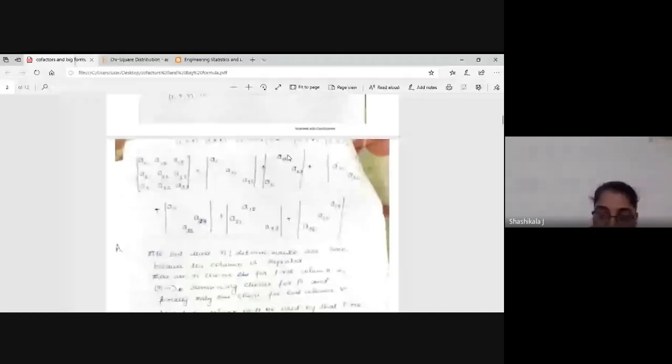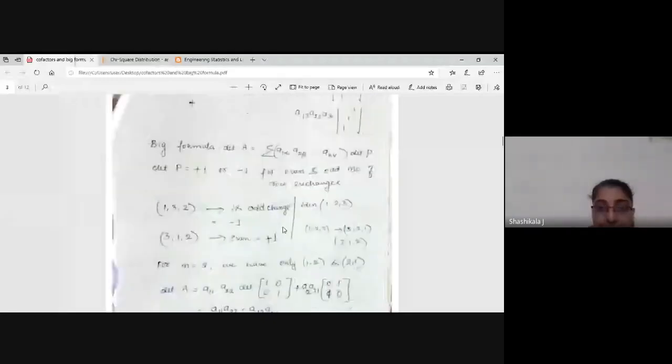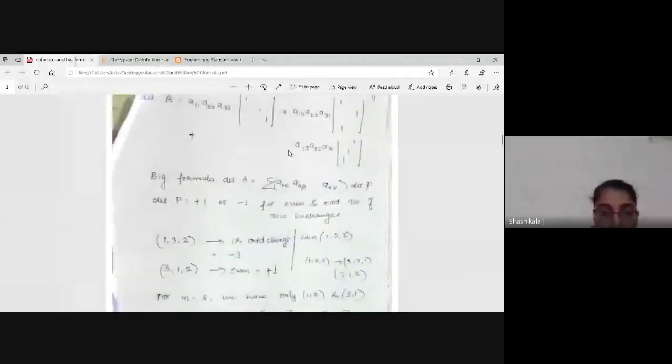Alpha, beta, and some v. Here, first row, first column, second column, and the third column. So I have written it as 1, 2, 3, and plus, here in the second matrix the column is 2. Then 3, 1, 2, 1, 3, 2, 2, 1, 3, and 2, 1. Here, there are the 6 combinations.